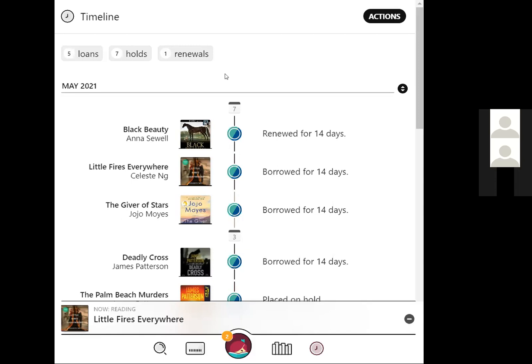Okay, great. And again, if you have any additional questions, please do continue sending them in because we're happy to answer them. Next, we're going to move on to managing your Libby settings and preferences. That is this center button here with the Libby icon. You'll see this one in particular has 2 notifications waiting for us to let us know there's something going on with our account. So if you click on this icon,